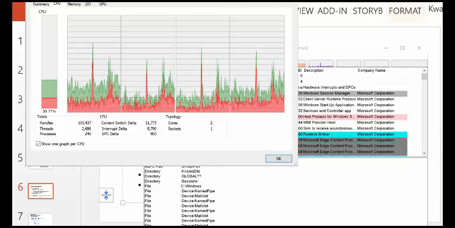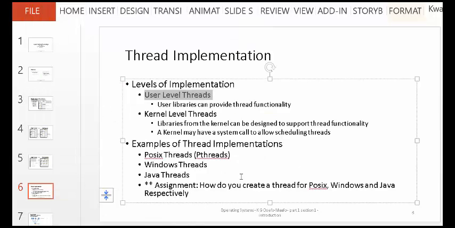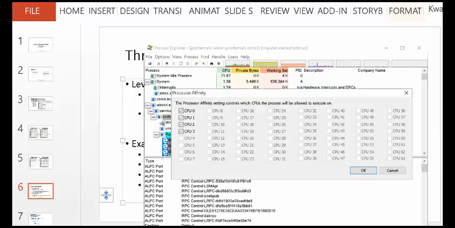There used to be, and I think it's still there, it's just that I don't have the permissions to do that for some reason. If you have a process, you should be able to right-click and set affinity. So what set affinity does is you can specify which of the cores your process would like to run on. So if there are 4, you could say, I would like to make sure that Notepad 1 runs on core 1, Notepad 2 runs on core 2. And this means that you are taking control of the scheduling yourself, and you are not relying on the OS. But usually we trust that the OS will, as you look at the chart, try to spread the work between the different cores.